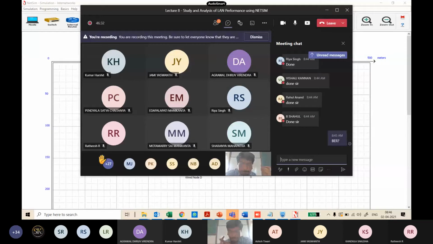First I said design the network. I have designed it: I pulled the devices, I connected them, I designed the network. Second, I said configure the network. So I went to the node properties, and I went to the link properties, I have done that. The third step is what? Model the traffic.